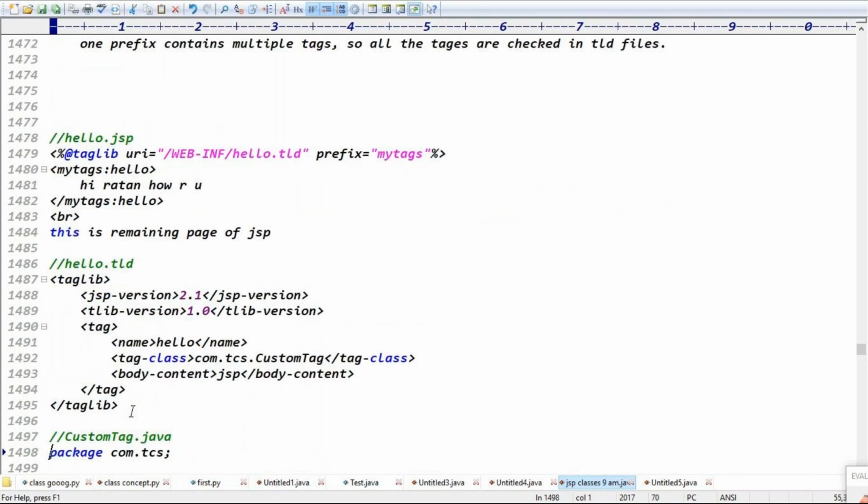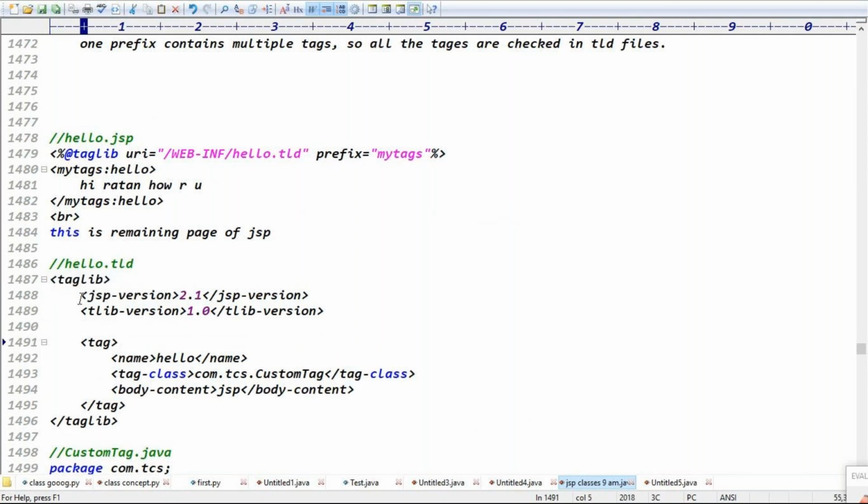In a TLD file, the root tag is taglib. Taglib is the root tag, guys. In a web.xml file, the root tag is what? The web-app tag, right? And in a TLD file, the root tag is what? Taglib, guys. While making the taglib in TLD files, we have to write what kind of